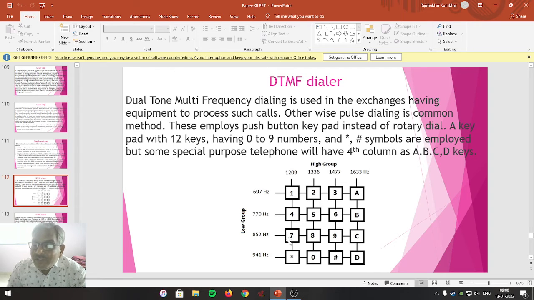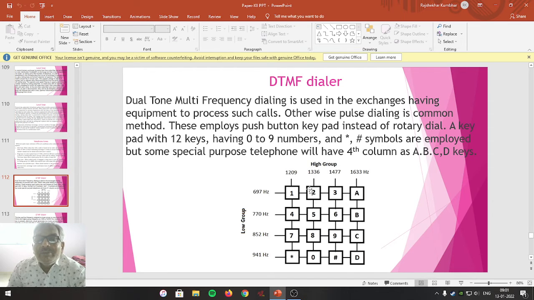MNO, the seventh is used for PQRS, the eighth is used for TUV, and 9 is used for WXY, and the last one is used for Z. So these alphabets are used to do the additional function by using the same key.